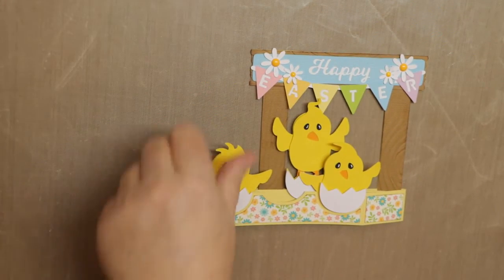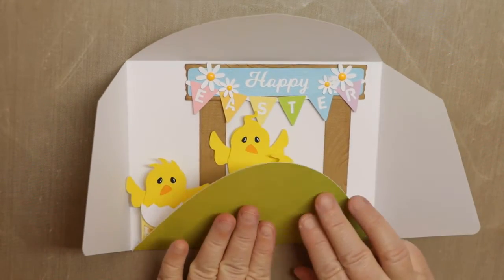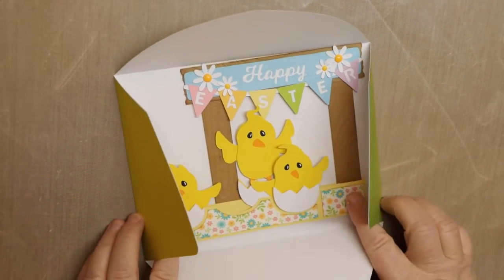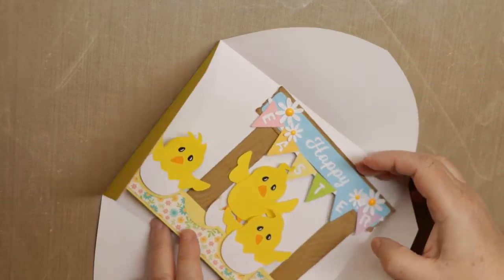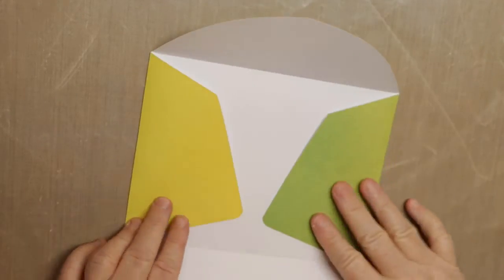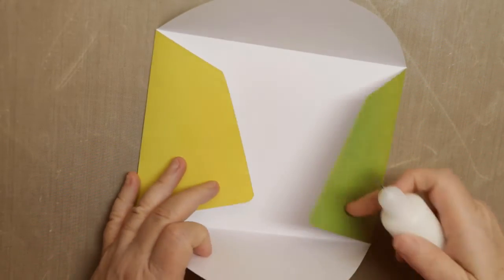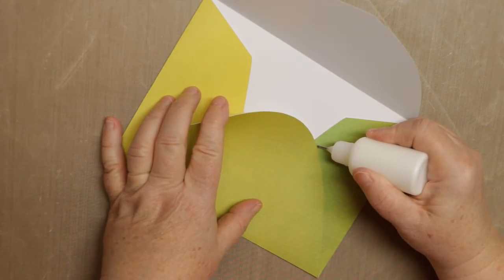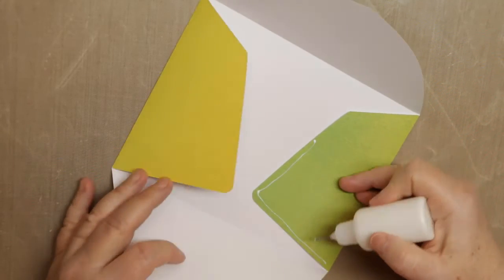So now the only thing left to do is to make the envelope. So here's the envelope. So this big part right down here is the bottom, and then you can see it sits in there, and then sides, and then the top. So we're just going to go ahead and put that together. So these fold in, this glues. I do my envelopes different every time just to play around with them. So you can see I just kind of eyeball where the glue needs to go. So come right here, and then